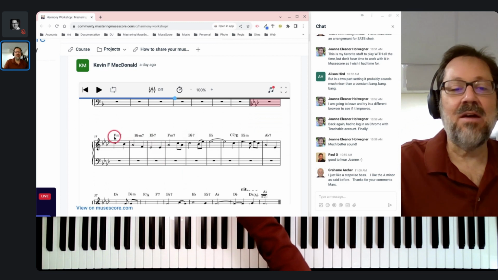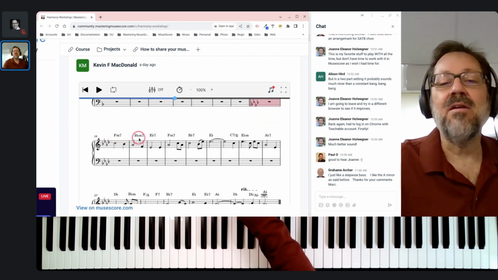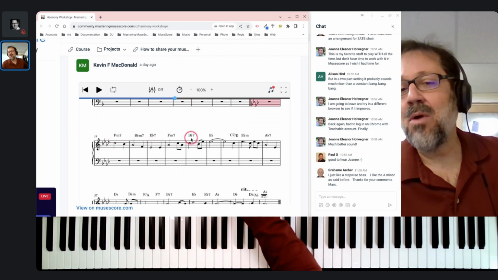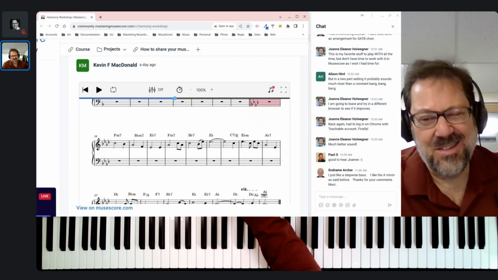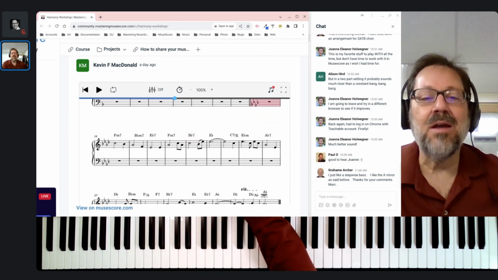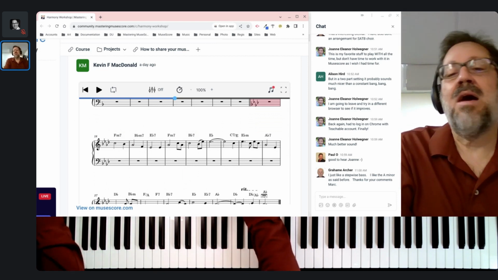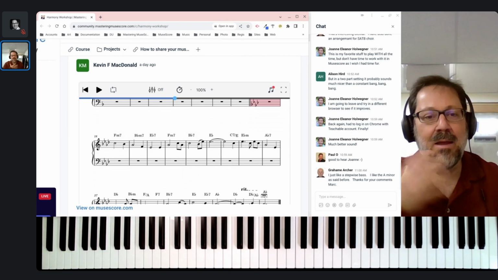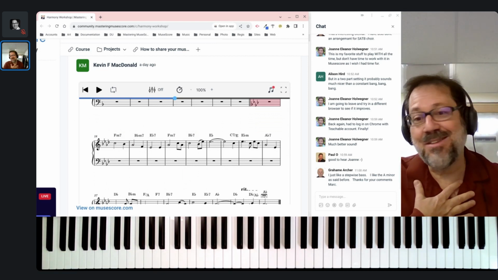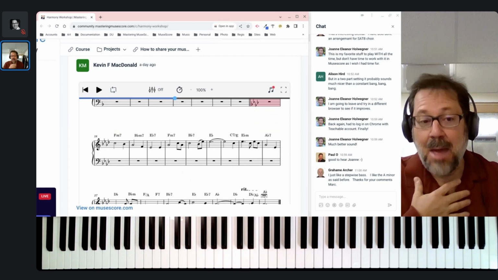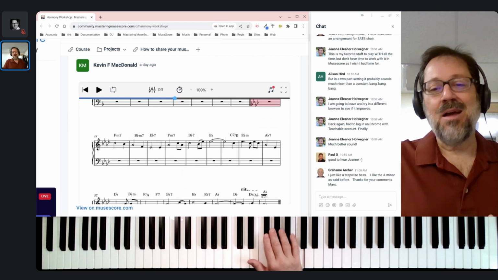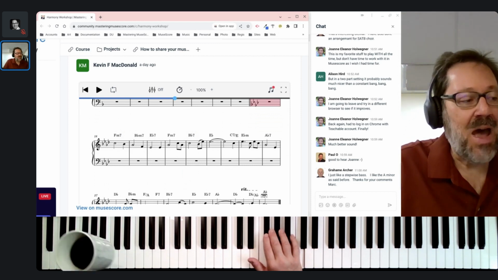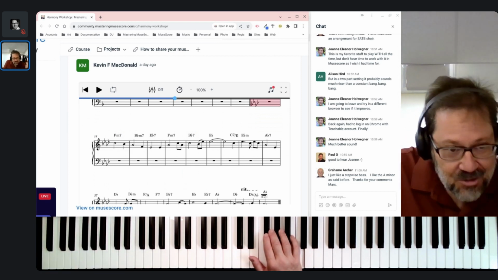I didn't love the sound of the F7. I liked the sound of the B flat 7, but I want to save it for here. This idea that sometimes something is cool, but you want to save it for later, we'll hold on to that idea, because we're going to be all about that when we talk about borrowed chords. My minor 4 chord that I love so much, you can't overuse it. And by you can't overuse it, I don't mean it's impossible to overuse. I mean you don't want to overuse it. It's best when used sparingly.